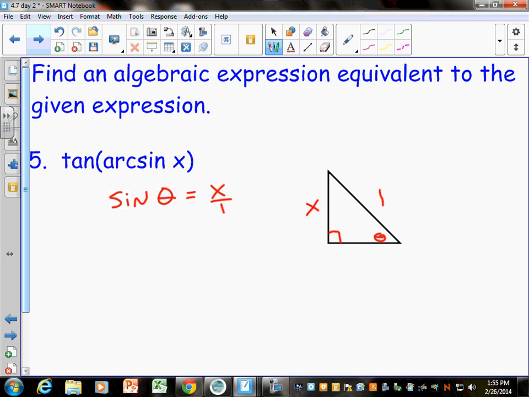Could I solve for this side of the triangle in terms of x? I don't know what x is, but I could do the Pythagorean theorem, and I could say that x squared plus this side. I don't know what you want to call this side. I always call it b. Like, a squared plus b squared